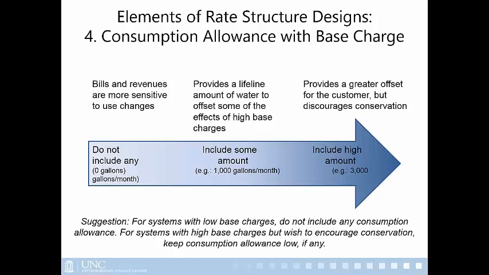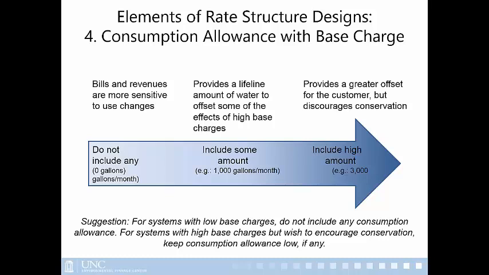With the base charge, you have the consumption allowance. You can either include nothing, and the base charge is just for 0 gallons, and your volumetric rate starts from the first gallon. For a lot of utilities, you have a consumption allowance. So the $35 a month includes the first 2,000 gallons, let's say. So any consumption within the consumption allowance does not get charged anything on the volumetric side. The higher that consumption allowance, it might seem that it will provide the utility an opportunity to raise the base charge some more, because you're basically saying that we're providing you with 3,000 gallons of water, so our base charge needs to be high to accommodate all that. That's fine.